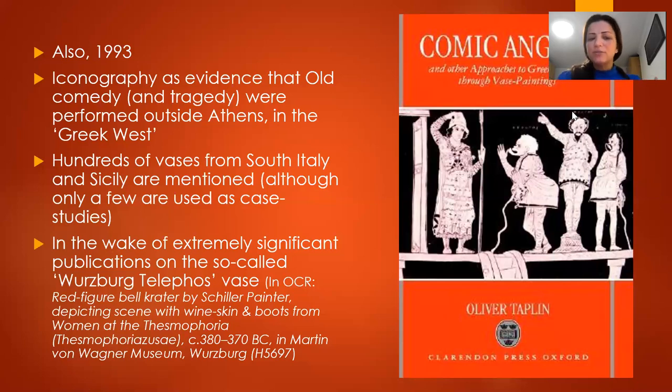So Oliver Taplin mentions hundreds of them, although he uses only a few as case studies, including this one that you see on the dust jacket of the book, the famous Choregoi vase, which includes the tragic character Aegisthus here. Now, this book was published in the wake of extremely significant publications, including by Oliver Taplin, on the so-called Würzburg Telephos vase. A vase with a painting. It's actually one of the OCR